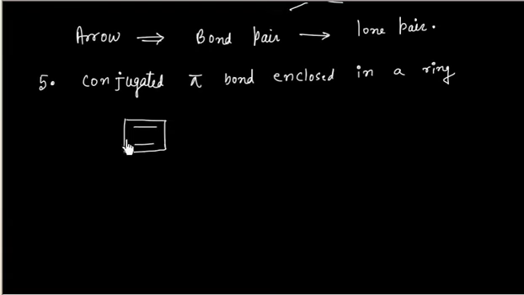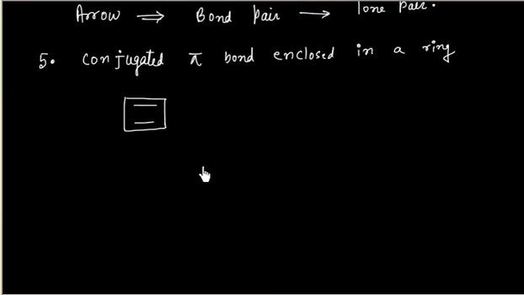Conjugated means a double bond, single bond, double bond, single bond. So alternate double bond is called conjugated double bond. So in these cases we can flow an arrow to convert a bond pair into another bond pair. So if I flow this arrow here,